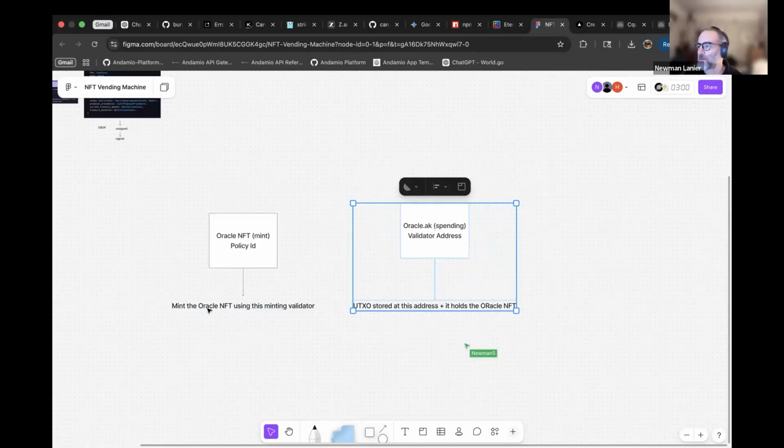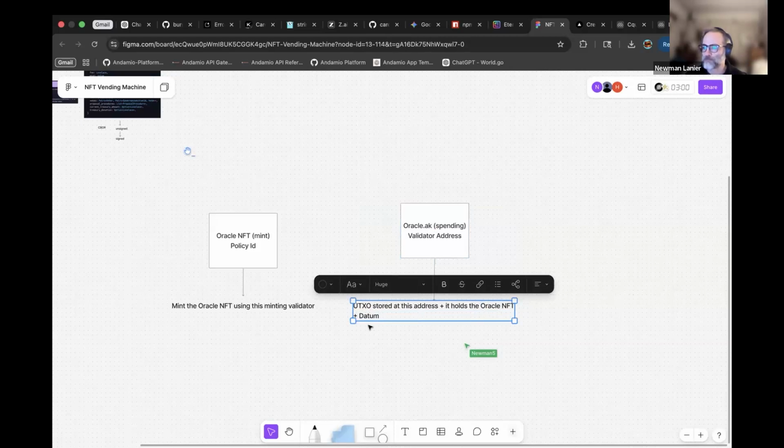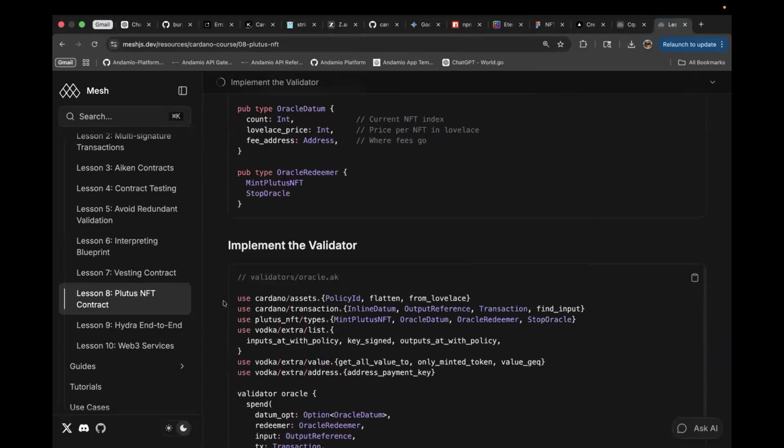And we stored that Oracle NFT inside a UTXO, which in turn lies inside a validator address from the Oracle.ak. So along with this Oracle NFT, this UTXO also holds a datum. And this datum is the counter. If you go back, create Oracle, implement